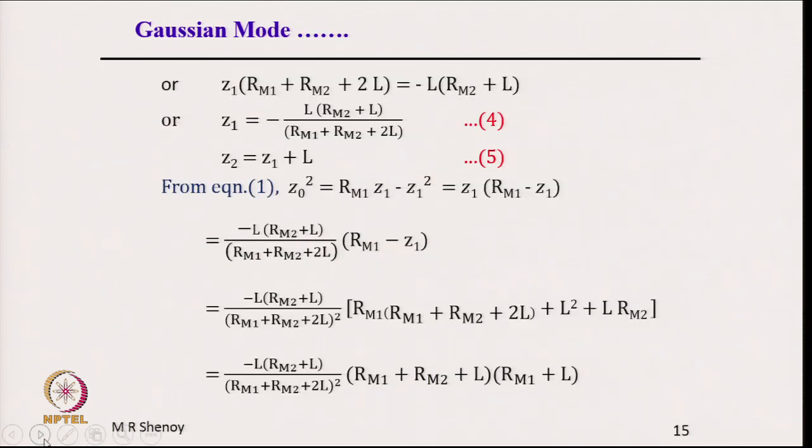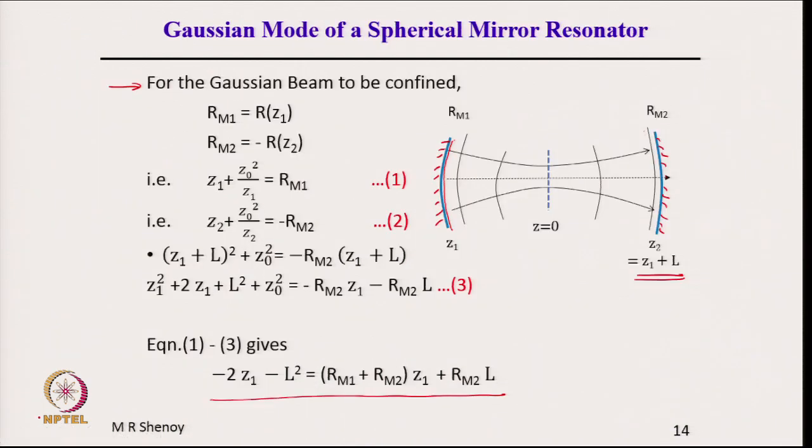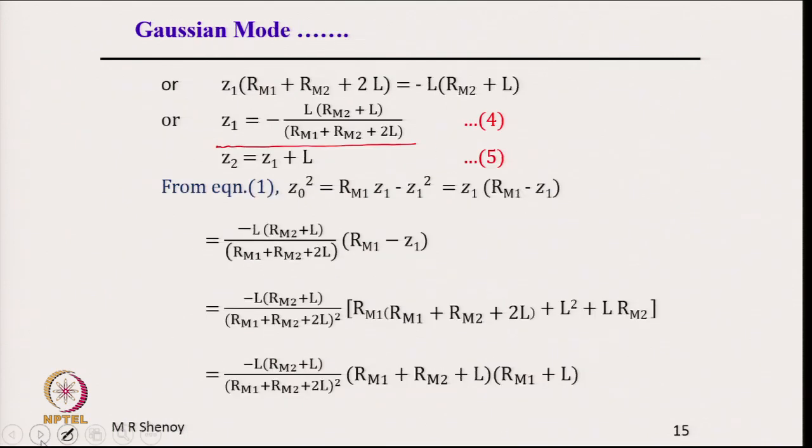Now, it is simple algebra here. We have taken Z 1 terms together, which is equal to L into this, or Z 1 is equal to a formula which is obtained here. The starting point is simply this, which we have conceptually discussed, and then you simply substitute for this and simplify with simple algebra to get Z 1 is equal to that, and Z 2 is given by this.